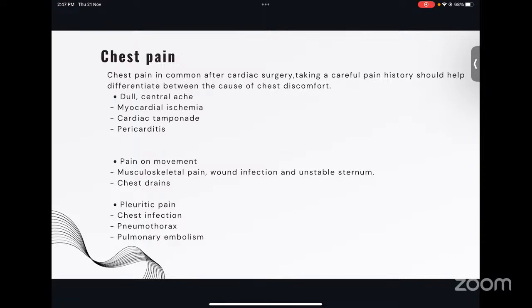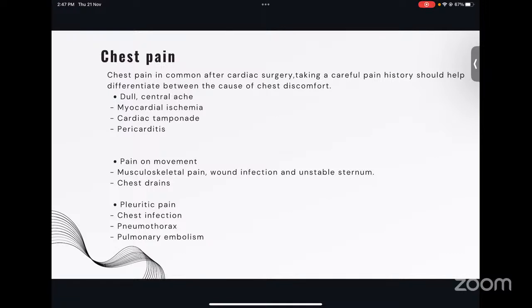Starting with chest pain. Chest pain is common after cardiac surgery, and normally it reflects the effect of median sternotomy, rib retraction, and drains. Taking a careful history from the patient should help us differentiate between the causes of chest discomfort or chest pain. If the history gives us a dull sternal ache, it may indicate myocardial ischemia, cardiac tamponade,